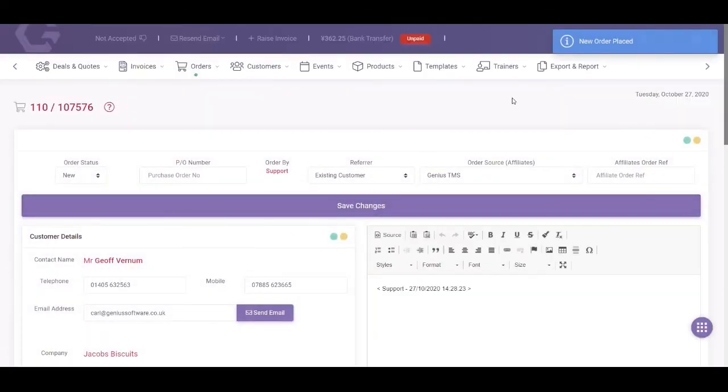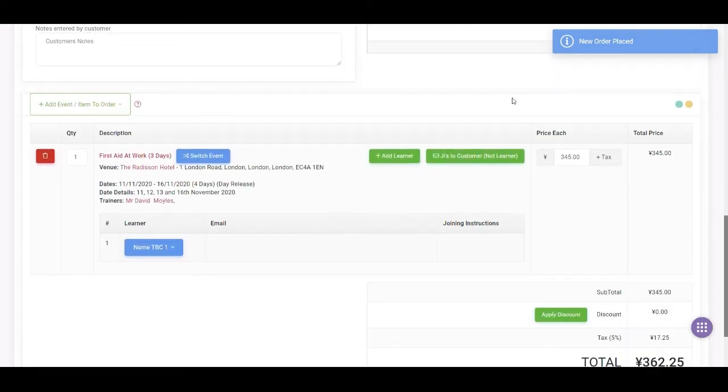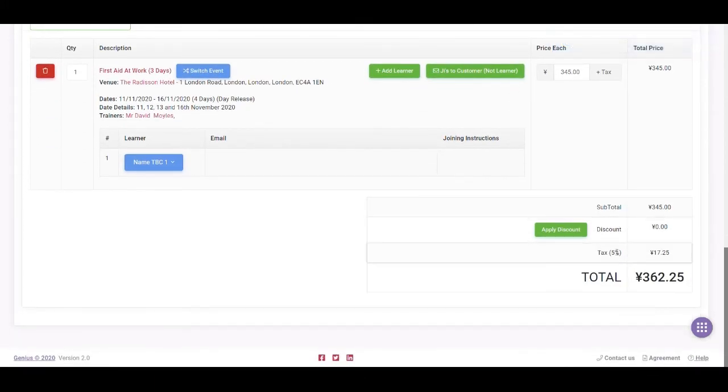So if I scroll down on the order now, so this is a new order that I've placed. If I scroll down, you can see the total is all totaled up, it's in yen,